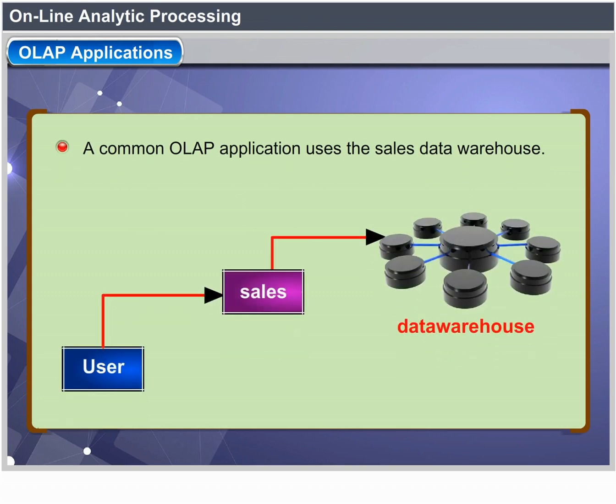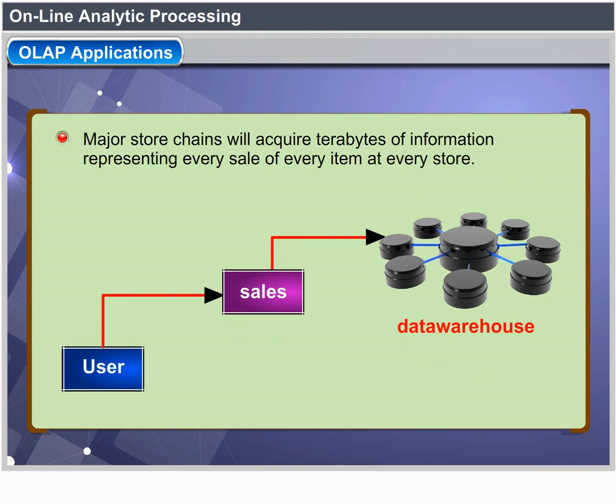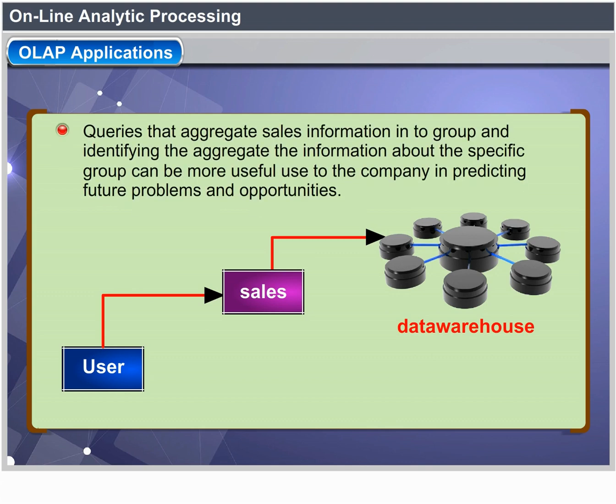Major store chains will accumulate terabytes of information representing every sale of every item at every store. Queries that aggregate sales into groups and identify significant groups can be of great use to the company in predicting future problems and opportunities. Example: suppose that